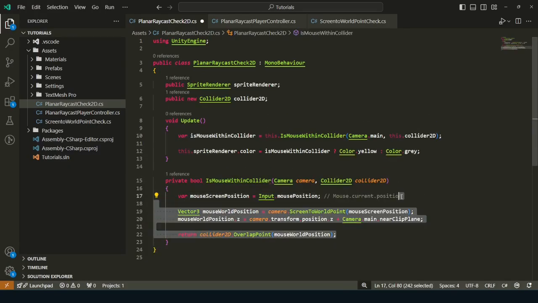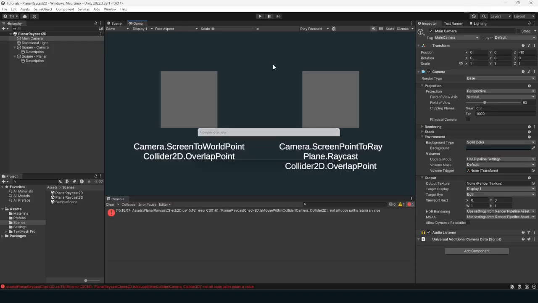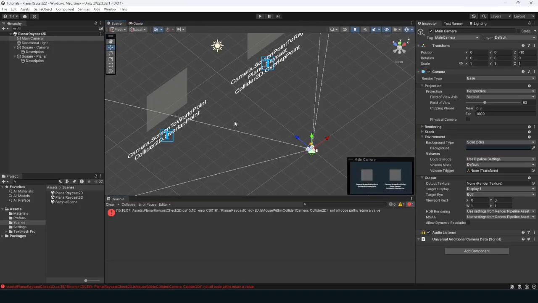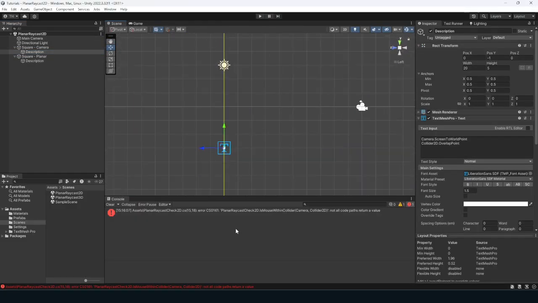We'll keep the screen position, that doesn't really change. And this stuff up here is also fine. So what we're going to do now is essentially construct a plane along this XY sort of space. And what I want is for the camera to basically serve as the origin for a ray